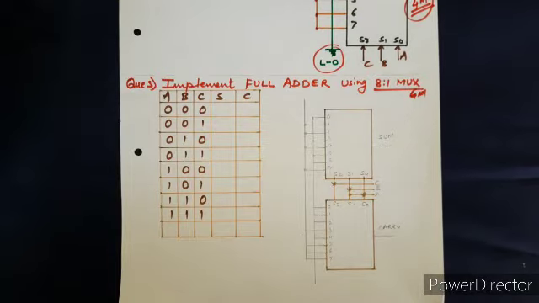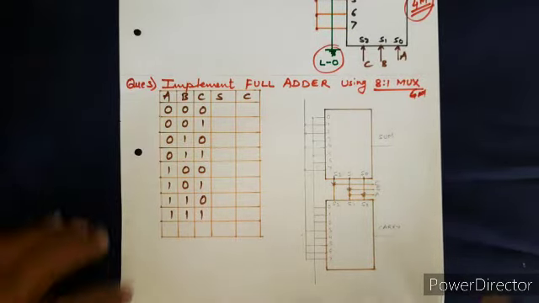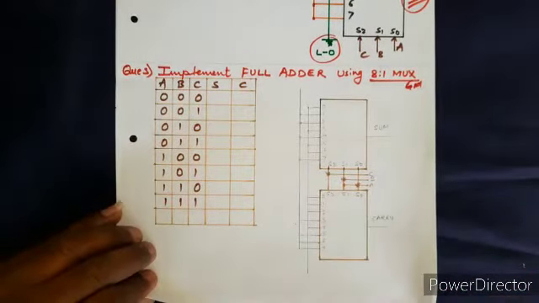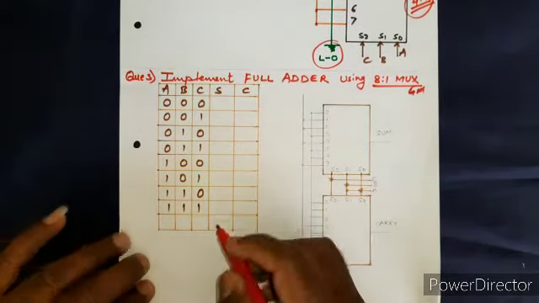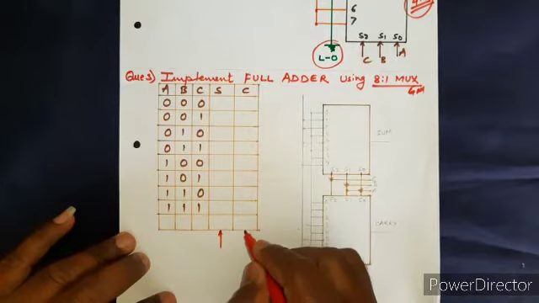Now here we need to first form the expression and then identify which multiplexer is supposed to be used. Logically, full adder has 3 inputs, and 3 inputs means 3 select lines. That is why we are supposed to use an 8:1 multiplexer to implement the full adder circuit. Sorry, so this has 3 inputs and 2 outputs. We have seen the output for the sum and the output for carry.